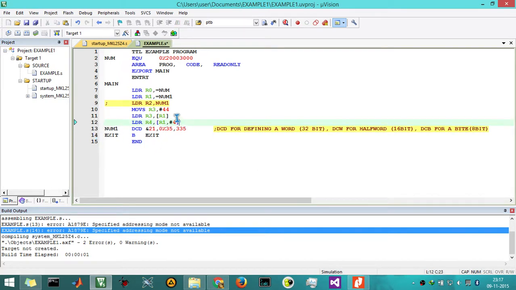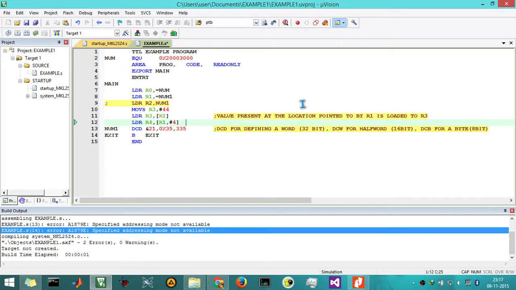Now here we have seen that the value present at the location pointed to by R1 is loaded to R3.